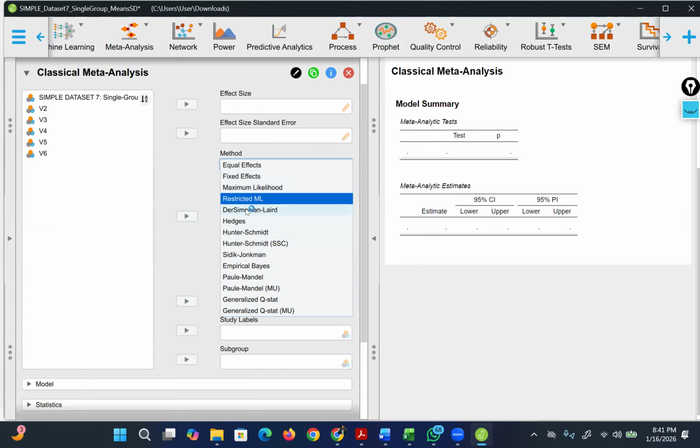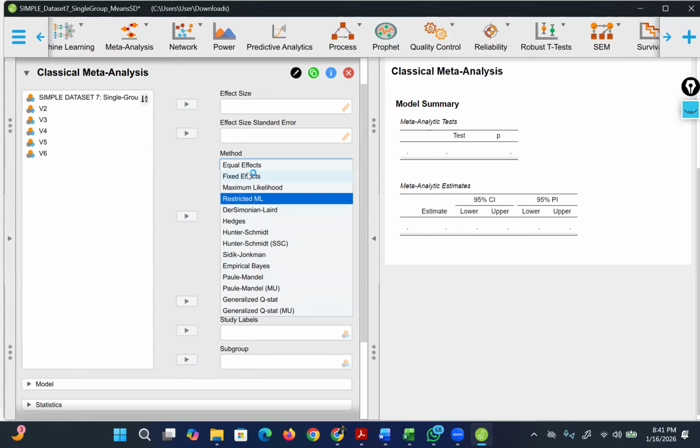We also can calculate the DerSimonian-Laird model. This is also one type of analysis to find out the within-study effect and between-study effect, or homogeneity or heterogeneity. There are so many other models available. We will try to understand one by one, but initially we need to understand whether we use the fixed effect,